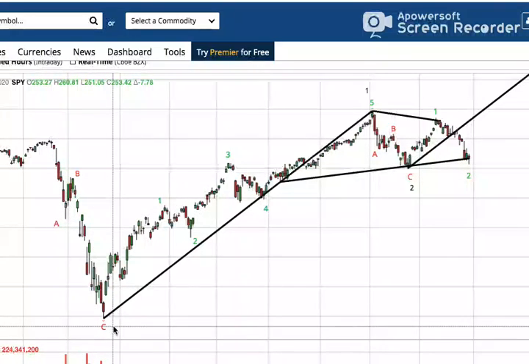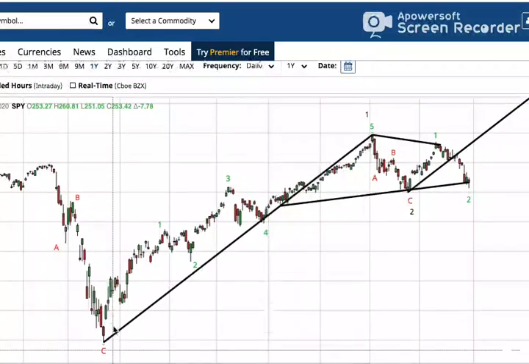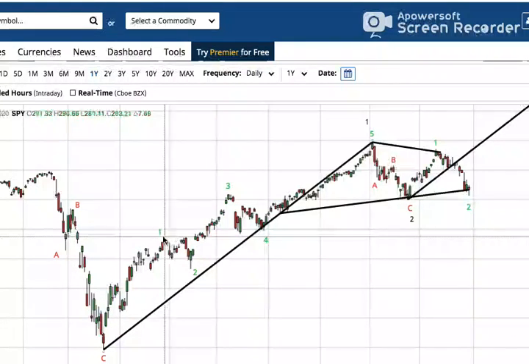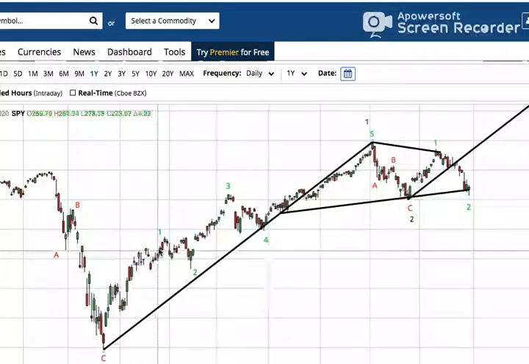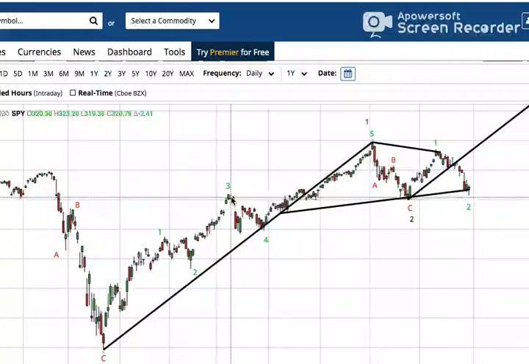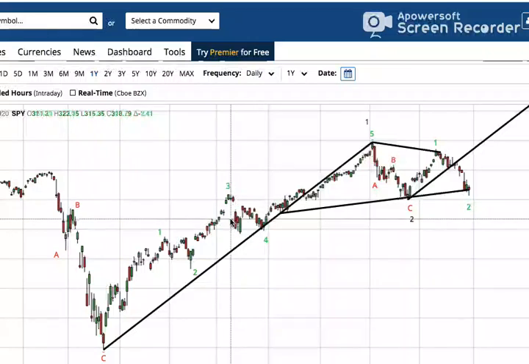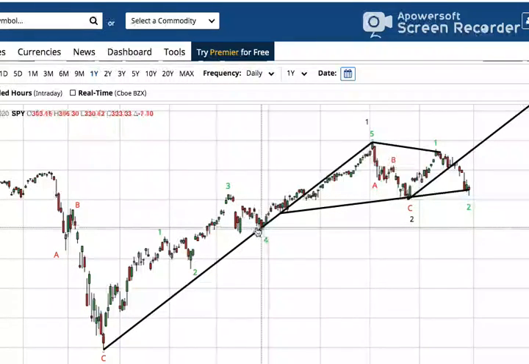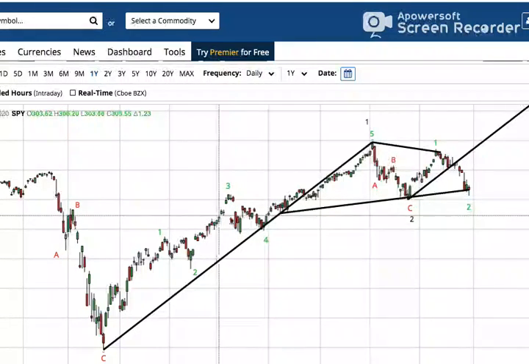A, B, C correction. Okay? 1, 2, this was also a bull flag. 3, 4. Okay, how do I know that this is a wave 3? Should I just start pulling numbers out of my whatever? No. This is a wave 3, and we know this is a wave 4 because it consolidates sideways, kind of